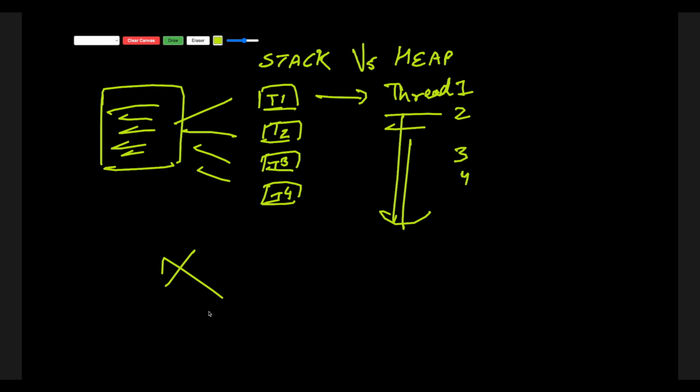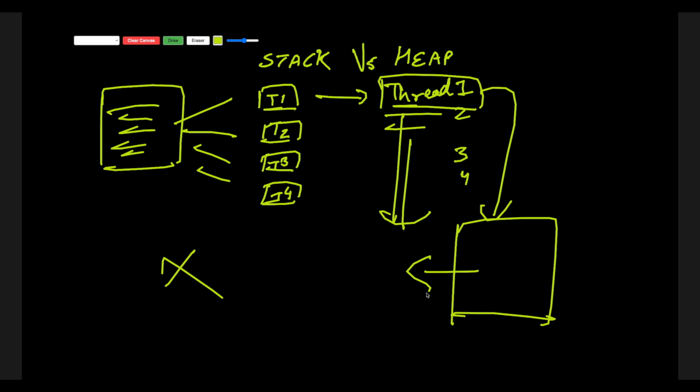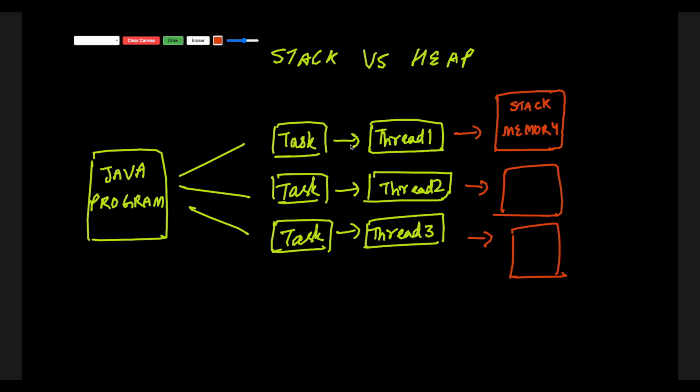Now, each thread basically requires its own space, and this particular temporary workspace is known as stack memory. The stack is like a temporary workspace where the thread can store things it needs while running a function. Each thread has its own stack. The data is kept separate and organized for each particular thread.